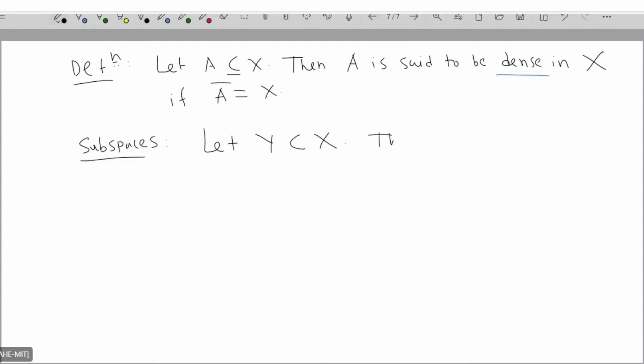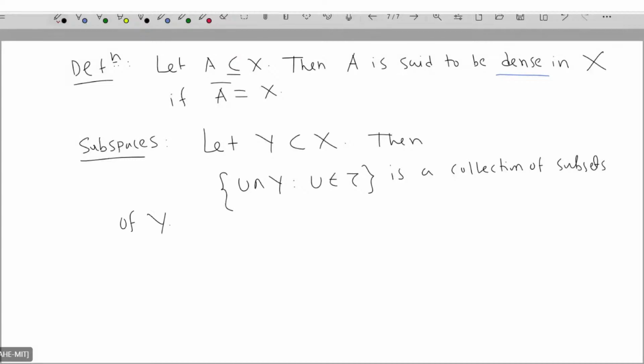If you take the collection of U intersection Y such that U is an element of tau, this is a collection of subsets of Y, and this collection will form